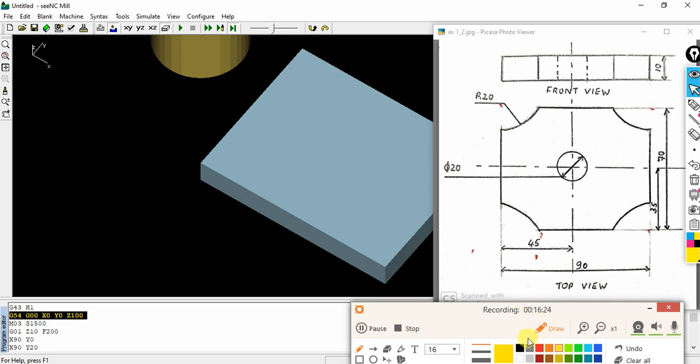end milling, and for end milling always you make sure that you will keep your cutting tool away. If this is your work part, I always keep my cutting tool away from the work part. So you can keep here or here. Either you give X as negative or Y as negative. Later you can substitute the compensation, that is G41 or G42. So here I will use G41, that is left compensation, which I have explained in the previous class. So let me start with the second operation, so that is end milling. So the second operation is end milling.